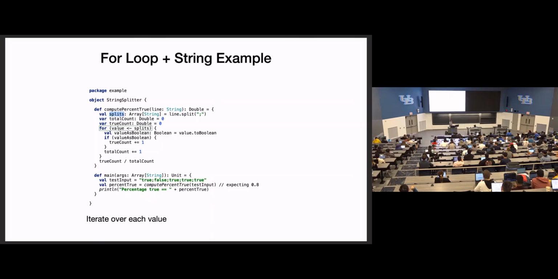So we're iterating over this array. One at a time, we're going to look at the values in this array. And I want to convert the value to a Boolean, which is where some more Rube Goldberg comes in. We don't have to convert this. I could just say if value equals the string true, that would get me there. But I want to show a type conversion. So we're going to convert that to a Boolean using toBoolean, store it in a variable of type Boolean,